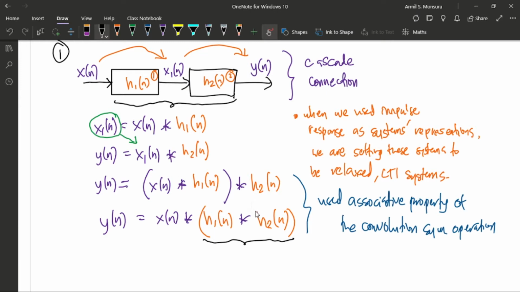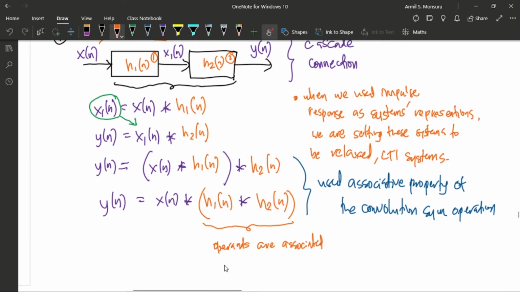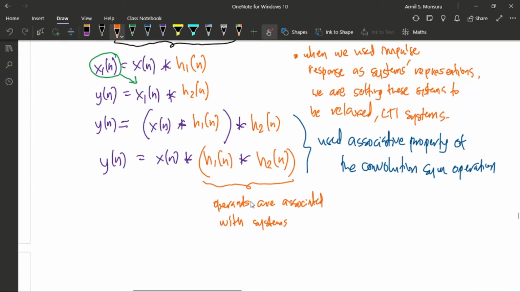Kasi, tingnan niyo mabuti. These two operands, okay, are both impulse responses. So therefore, these two operands are associated with systems. But since this operation would produce a simpler expression, or an equivalent expression,